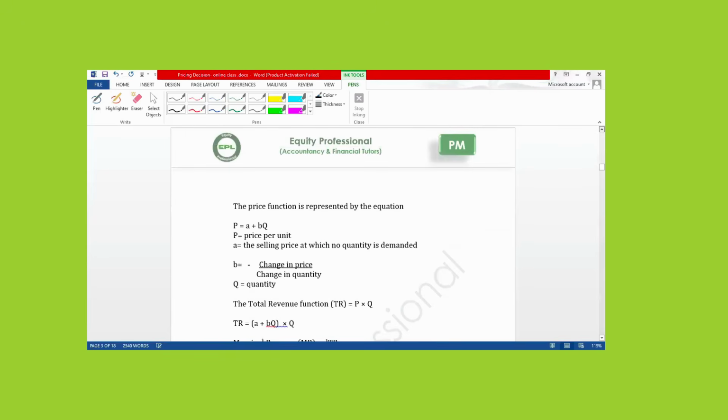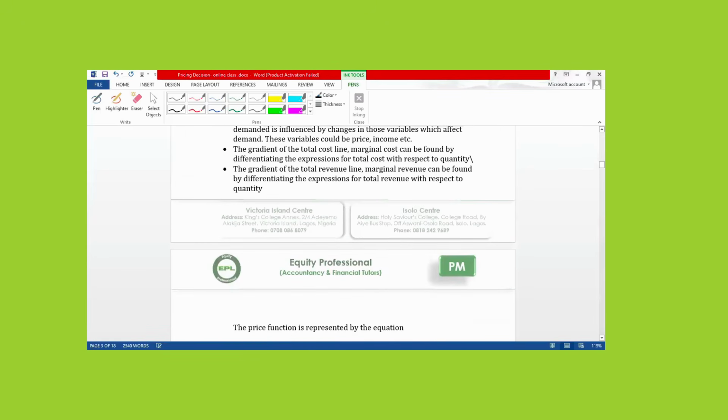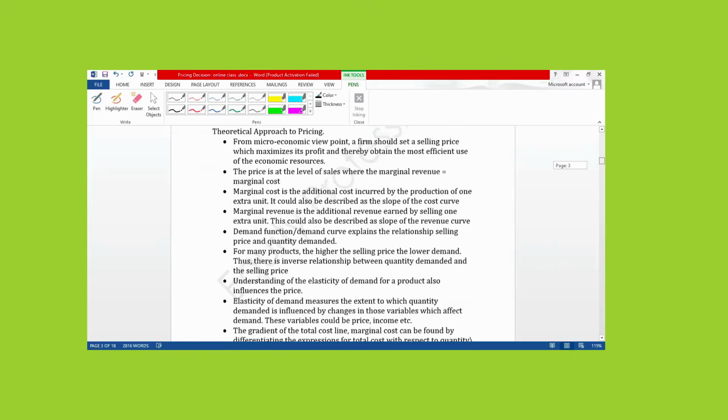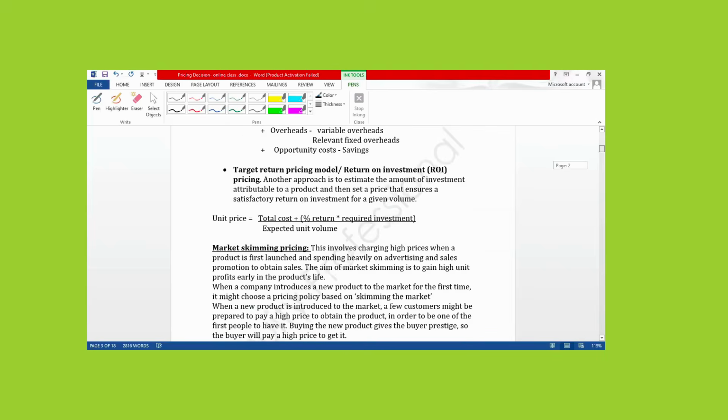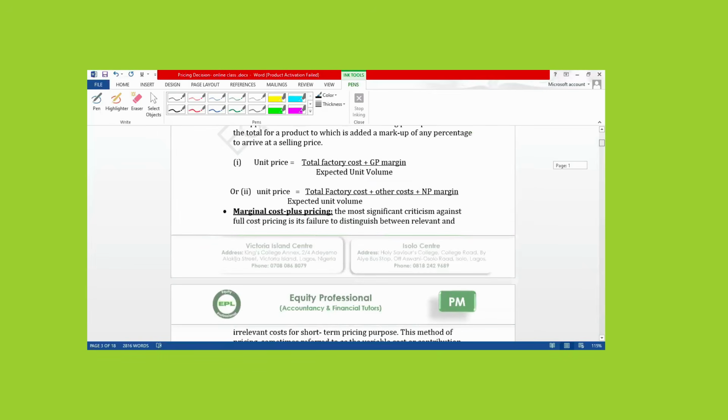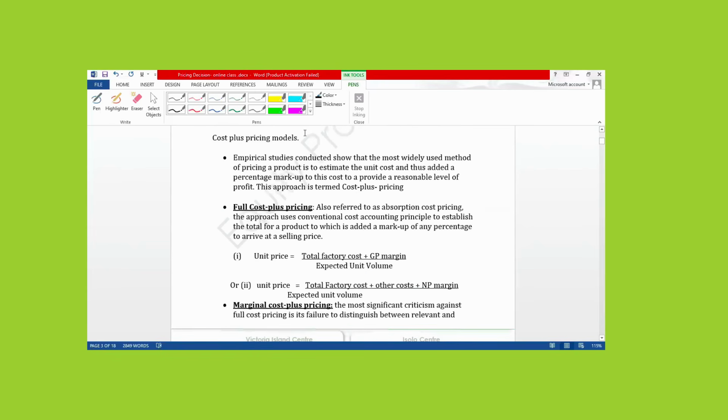You can use the full cost plus pricing method. Under it, we have full cost plus pricing method,